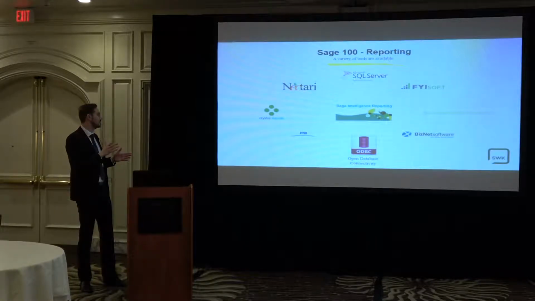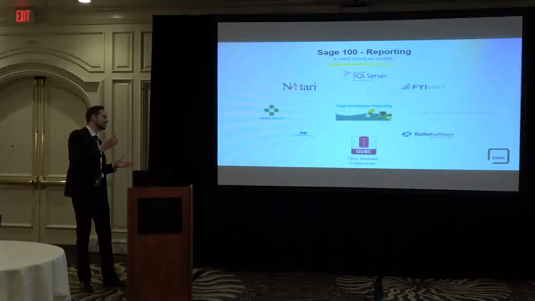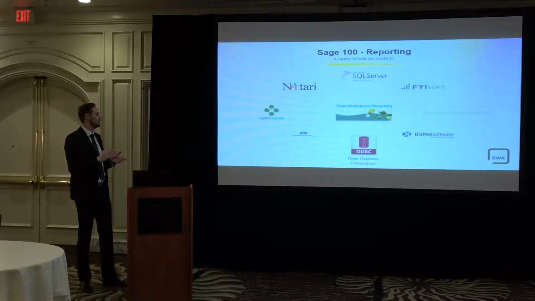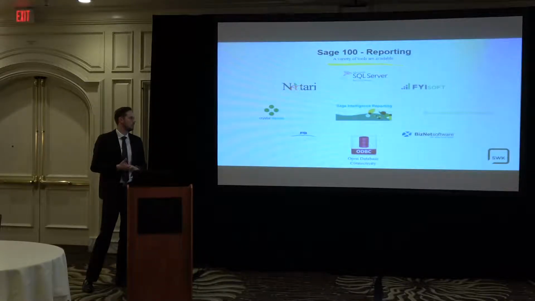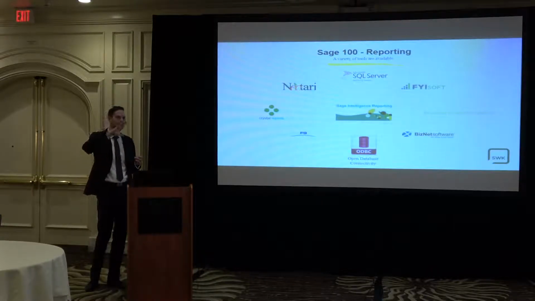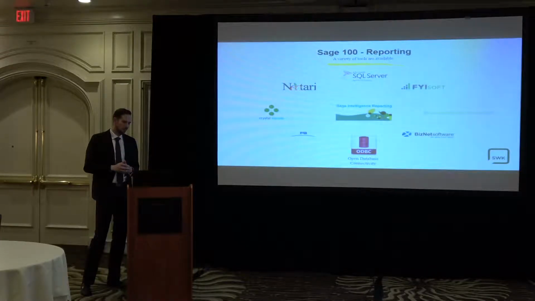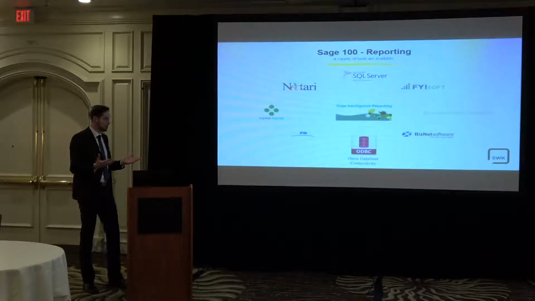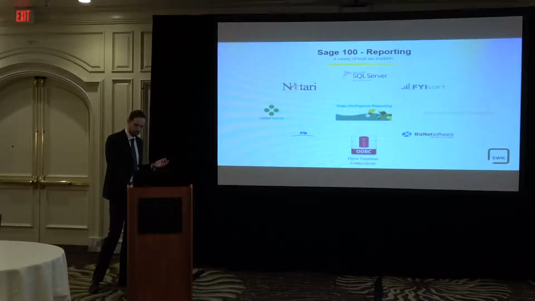There's Excel-based software like F9 that some businesses use. There is another Excel-based software called BizNet. Then within Sage, you also have the Business Insights Explorer and Business Insight Reporter. So there's a variety of tools that are available. And there's also Sage Intelligence, and that's what I want to focus on with you here